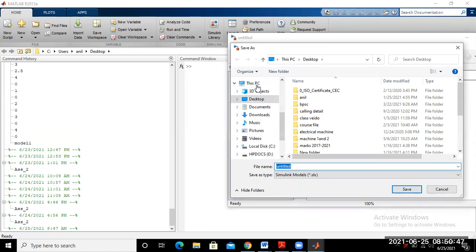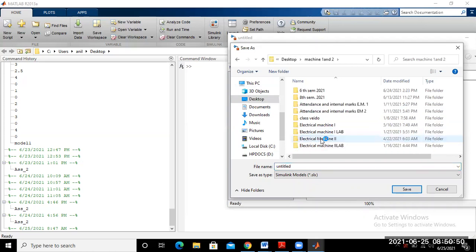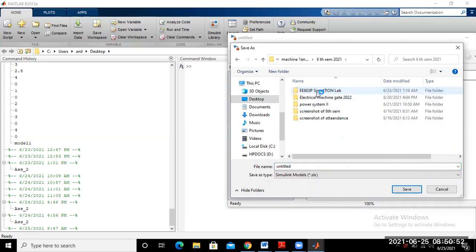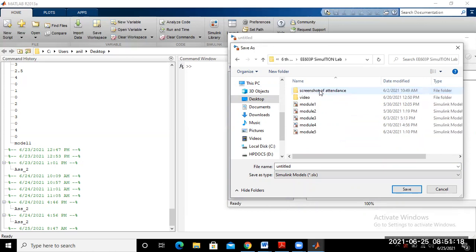I want to save this model in this folder, simulation lab, and I want to give the name model 6.